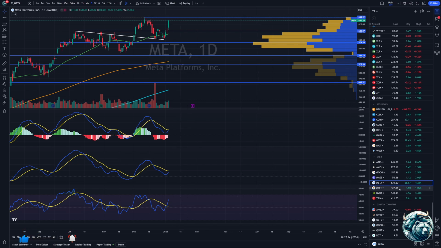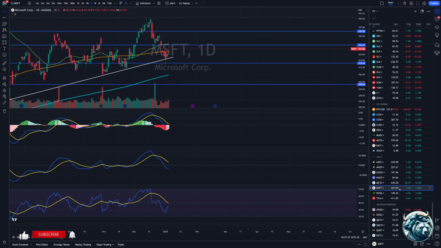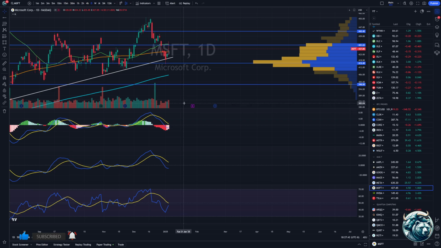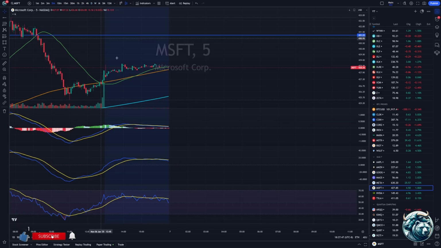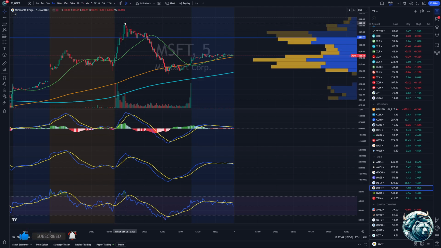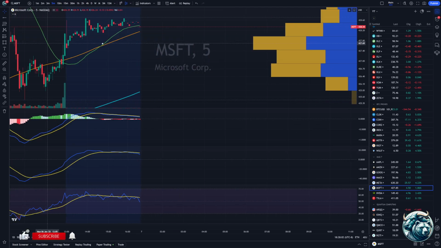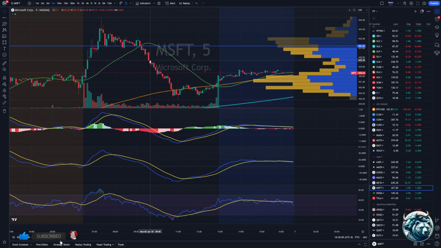Now let's take a look at Microsoft. Microsoft was looking pretty good in the beginning of the trading session, and then look what happened. This was looking fantastic. I had hopes. I was like, maybe I should get back in. And luckily, I didn't do it. I think I didn't do it because I was day trading Amazon, and I was taking a look at